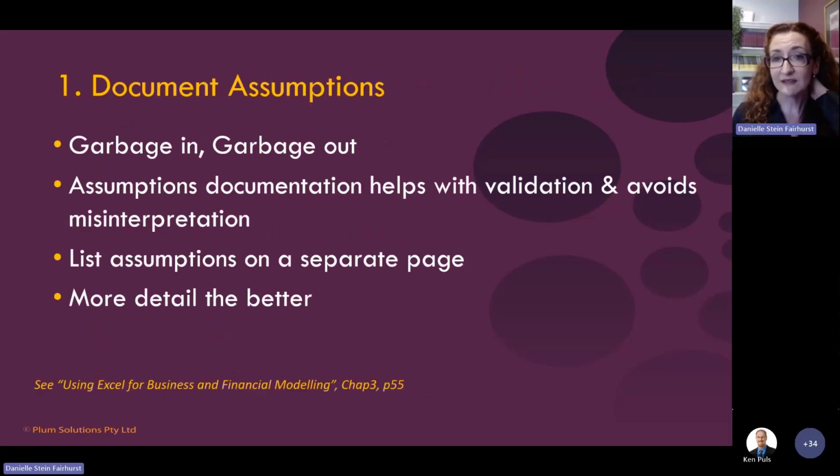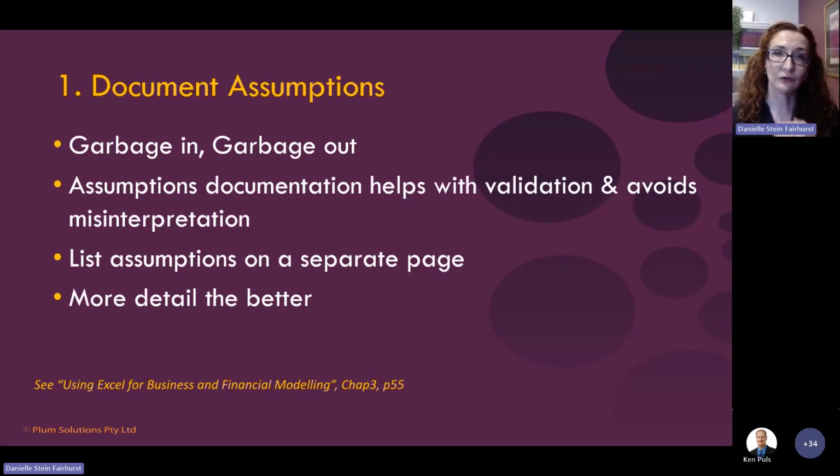So we did talk about assumptions briefly earlier, but I just wanted to go through a couple of technical ways of documenting assumptions. And I know that documentation of assumptions is not the sexy part of financial modelling, but I would recommend that you do it as you go.